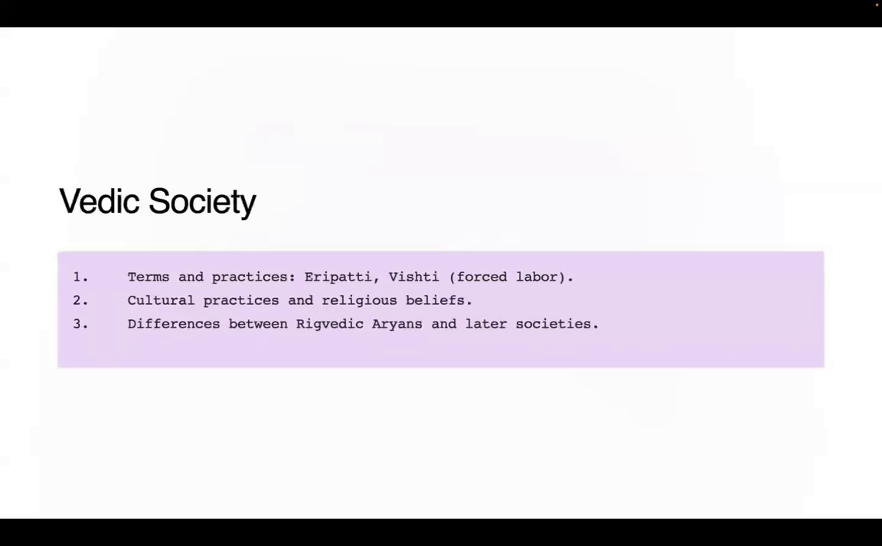The second is Vedic society. So in Vedic society, they had asked about terms and practices. Arippati and Vishti are not part of Vedic society. Arippati is part of the Sangam era. Okay, and the Sangam era will run